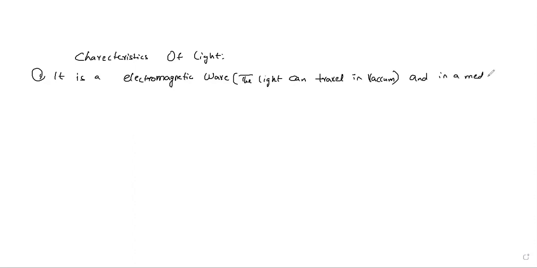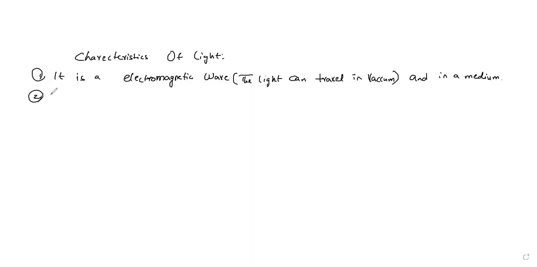We'll discuss vacuum and medium later. So the first point of characteristics of light is that it is an electromagnetic wave. What is the meaning of electromagnetic wave? Means the light can travel in vacuum and in a medium. Like if you take the example of sound, sound can travel in a medium only, not in vacuum. अब वैक्यूम किसको बोलेंगे? हम एयर को बोलेंगे, हवा को बोलेंगे. मीडियम वेव होता है. ठीक है. तो याद रखिएगा, लाइट कैन ट्रैवल इन एयर, इन वाटर, इन सॉलिड, लिक्विड, गैस, हर जगह पे. बट साउंड ओनली कैन ट्रैवल इन अ मीडियम ओनली.